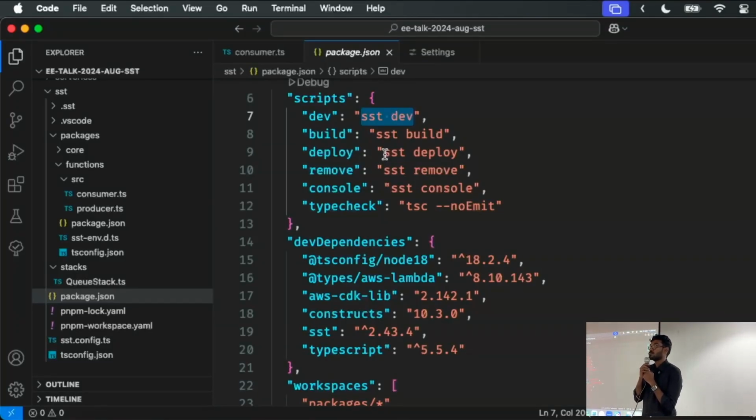Two. I'll be honest, this demo I built in August for an internal talk. Since then, I think around December they've graduated to three. I did not have the time to rebuild this in three. Three is actually even faster, and I briefly touched upon it when I said they've rewritten it in Pulumi and all. But thankfully, the APIs mostly remain the same.